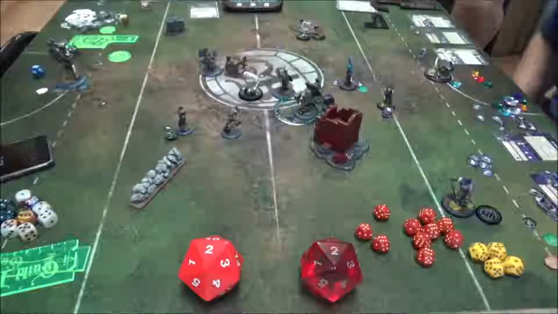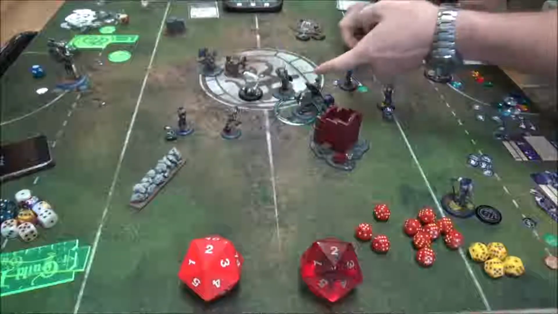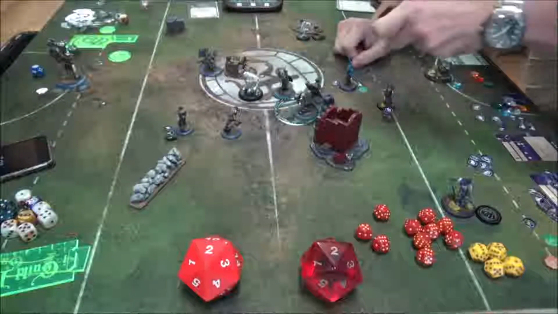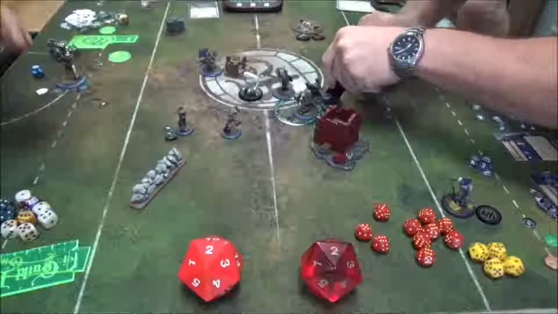So I ended up healing Alloy, just moving him in. There's not a real threat there. Fangtooth can't really do anything to him because he already activated. You can't Red Fury through Fangtooth, so...